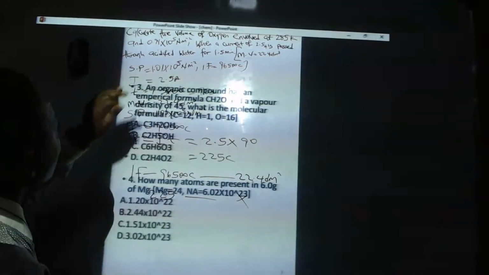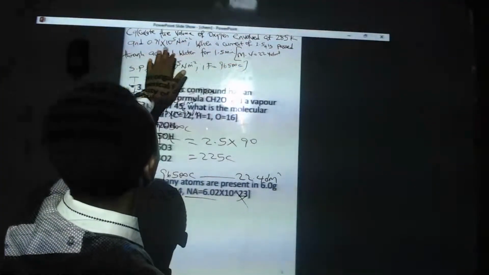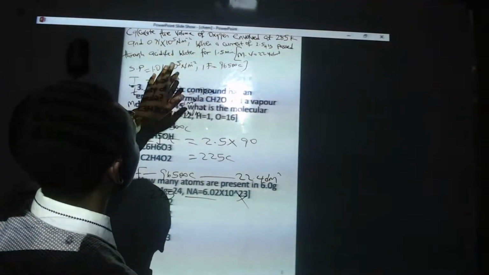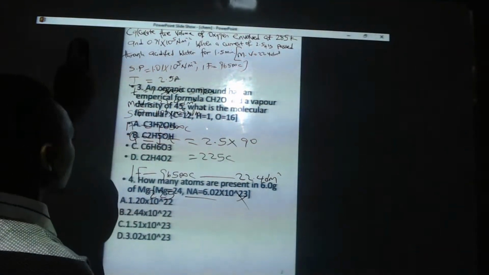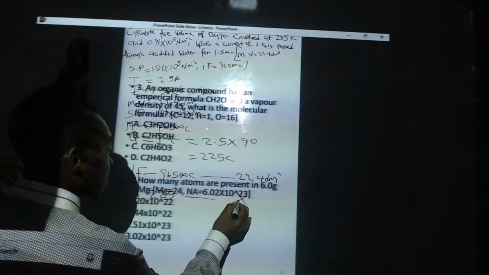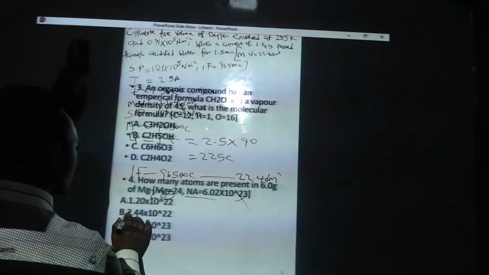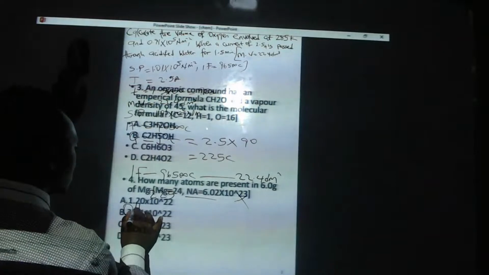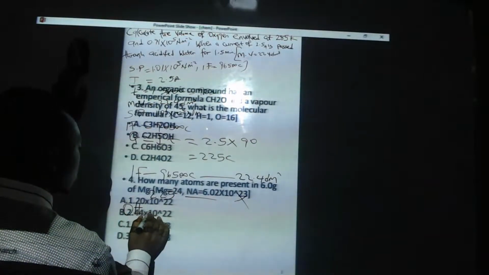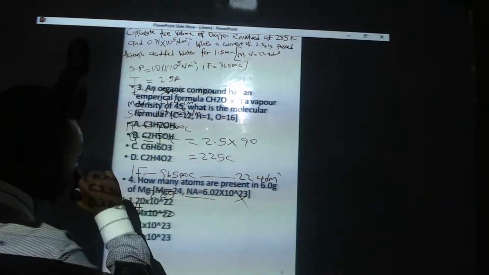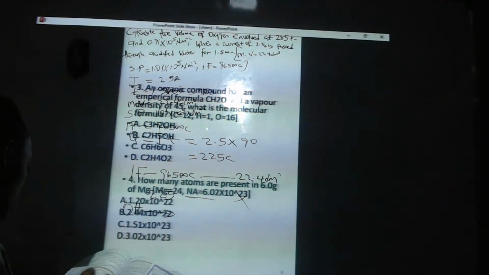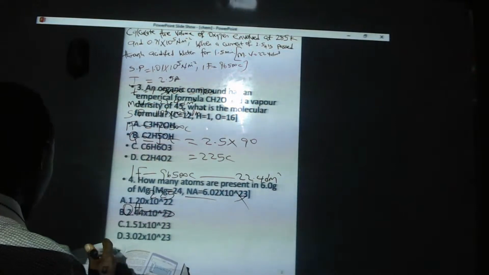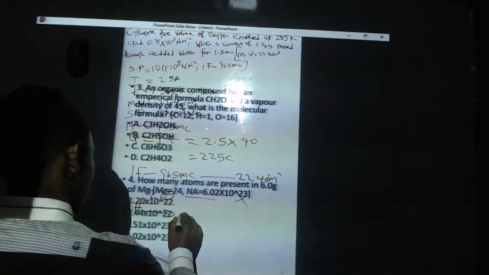Then remember we are dealing with this. Calculate the volume of oxygen evolved at this pressure and this temperature when the current of this value is passed through acidified water. Remember, once you are dealing with the second law, you have to deal with the equations that you need. The equation given here is 4OH⁻ to